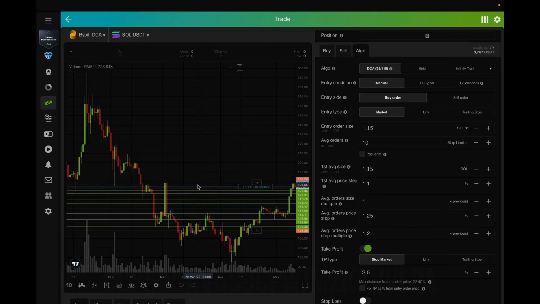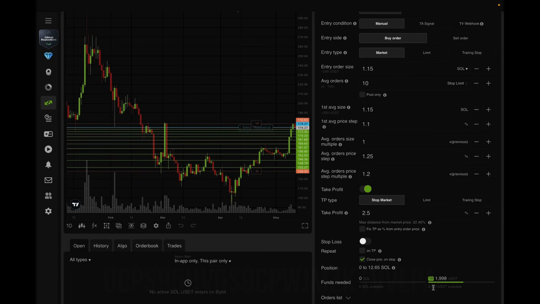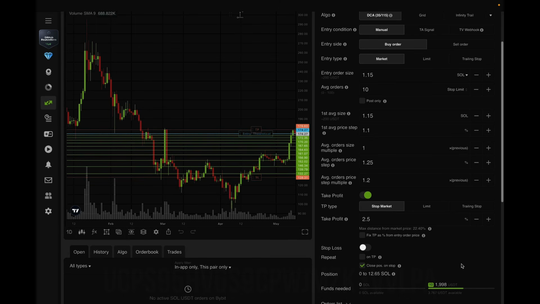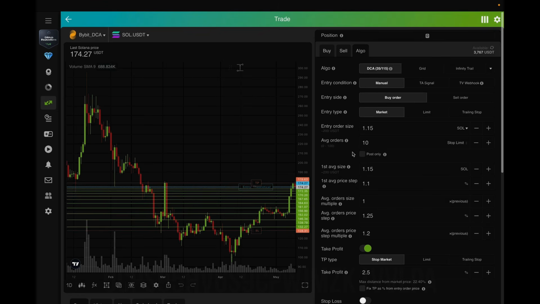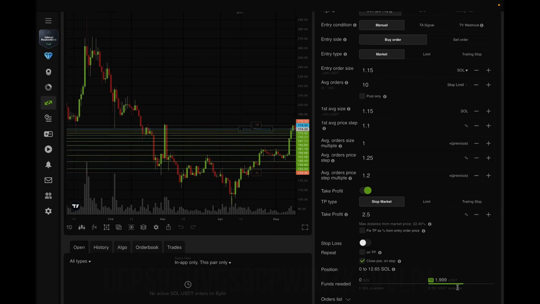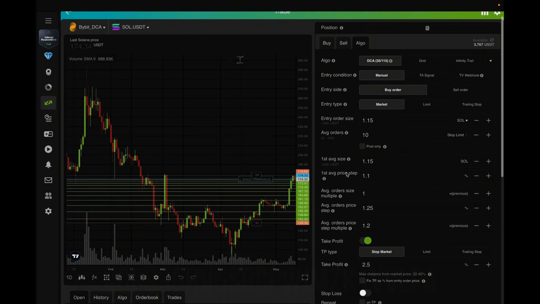Let's start with an example of a spot exchange. We're looking at the SOL USDT trading pair and setting up a DCA bot for it. Say my goal is to lock 2,000 USDT into this DCA. This is the total amount I'm willing to allocate for the bot to trade with. In this case, we have 10 averaging orders, all of equal size. Both the entry order size and the first averaging order size are set to 1.15 SOL, which is currently worth around 200 USDC. With 10 orders of around 200 USDT each, the total amount locked into the bot is around